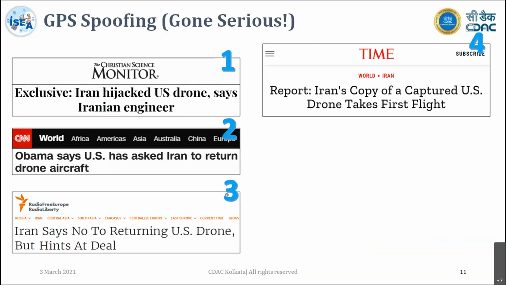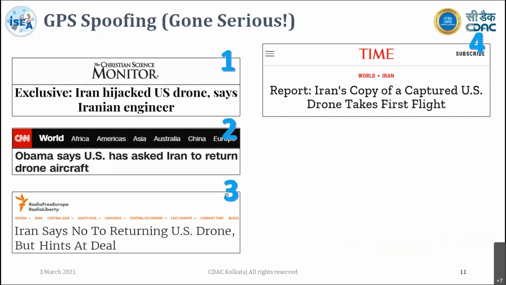This US drone obviously was moving ahead for the purpose of spying, if I'm not completely wrong, and it was using that military GPS signal which had been spoofed, and it landed in some unknown airport of Iran, and they have done the reverse engineering and made a copy of it. Now the point is,